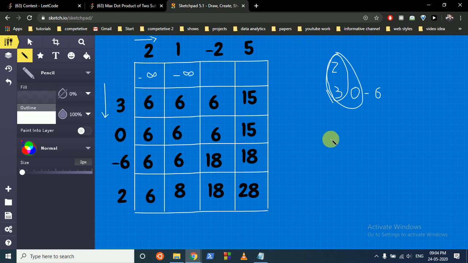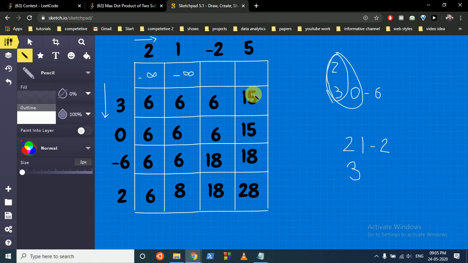Now take two elements into consideration. Now we want to fill this. We have 2, 1 and 3. Okay, so now what we can do is we can multiply this with this, or this with this. This value is stored here, as you can see, 2, 3, and this value we can easily calculate by multiplying this and this. So as you can see now, also if we take -2, we have filled these border elements.